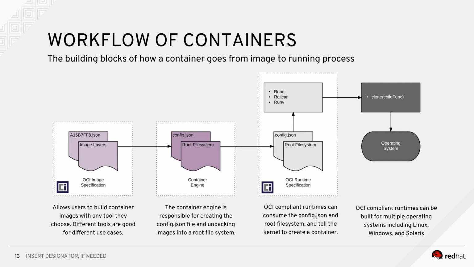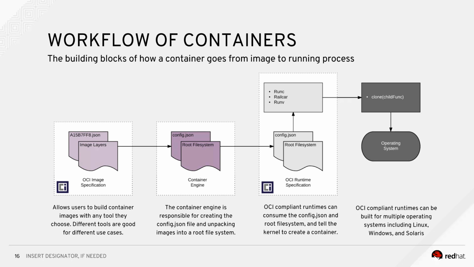And then finally, the kernel on the right, you'll see the clone system call. If you're familiar with Unix 101 internals, these system calls are how a process creates another process. The most common ones were fork and exec, and that's how Apache and Bash and all these other things that create other processes work. But the concept of containers requires what we call a clone syscall, and the clone syscall is what actually creates